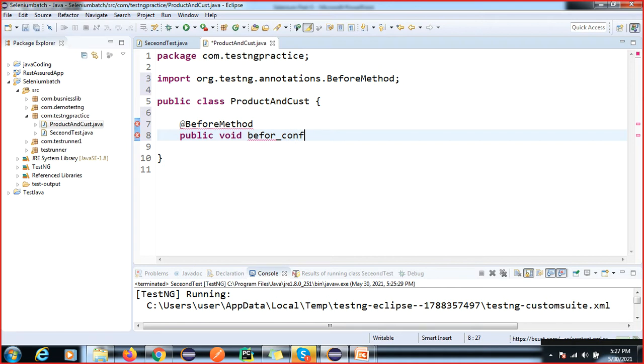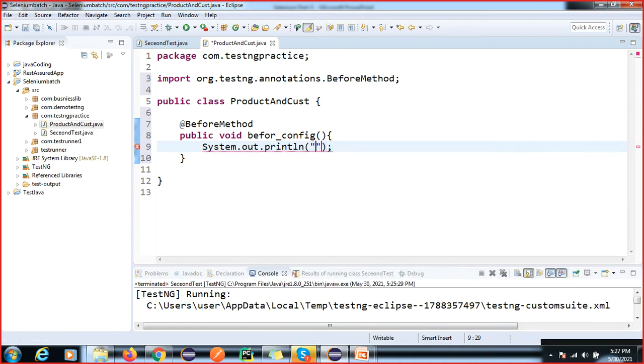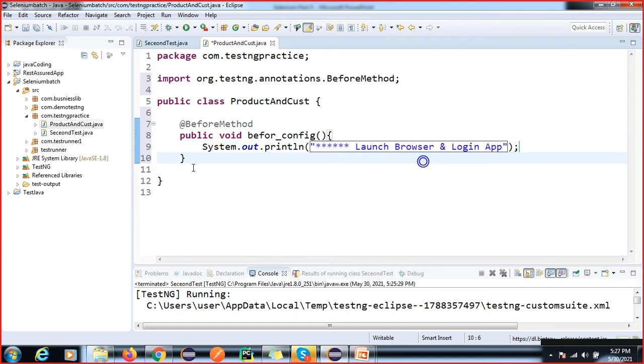You can write anything here as per your coding standard when you are implementing this. Here we will write launch browser and log in application. This code I will implement inside this.